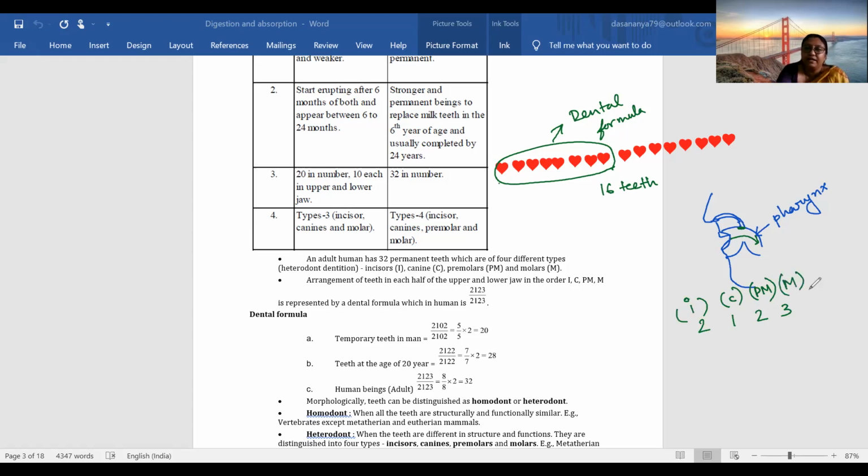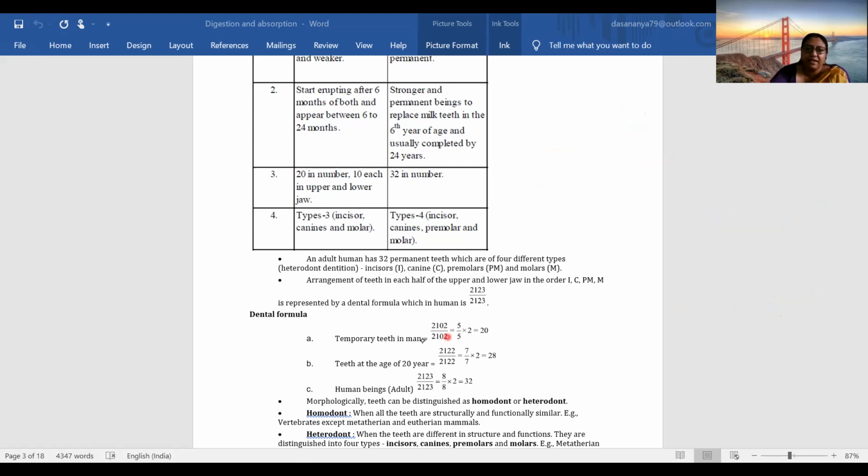Premolar and molar teeth are responsible for grinding of the food. That's why, notice, whenever we eat something tough, we don't chew at the front, we go to the back, because those teeth have a broader area to grind the food. Okay, so you need to remember the dental formula of each case.